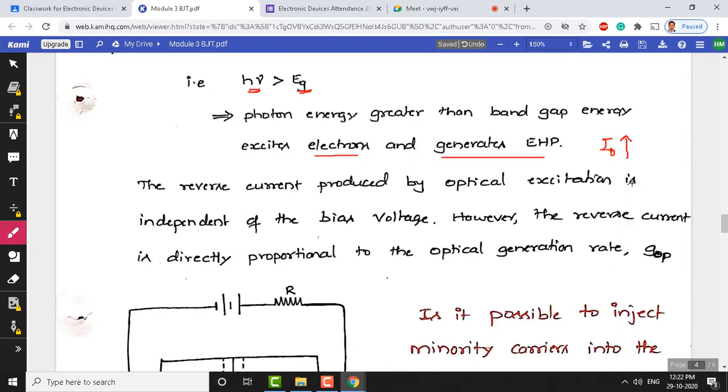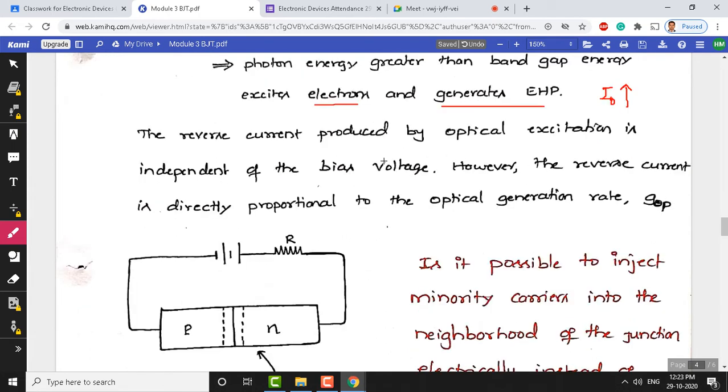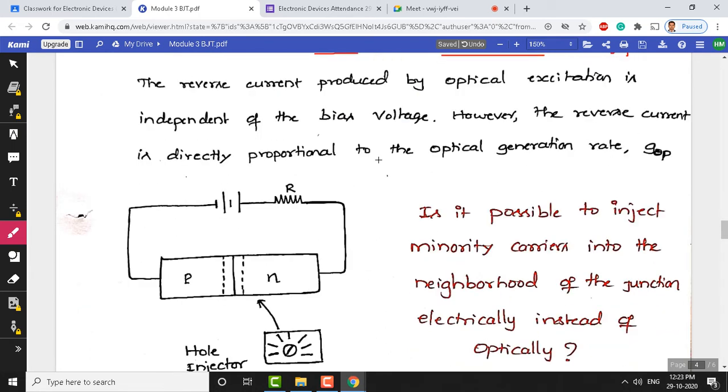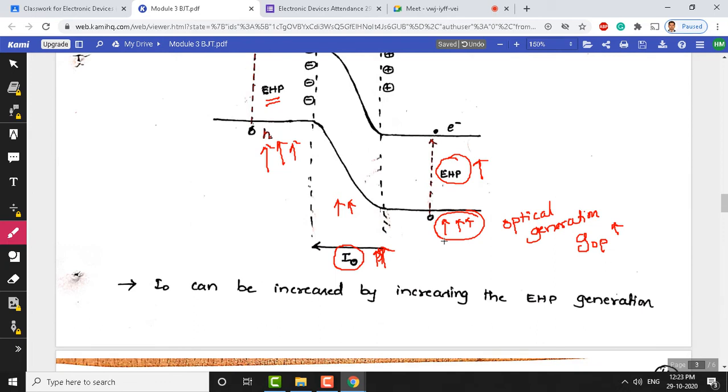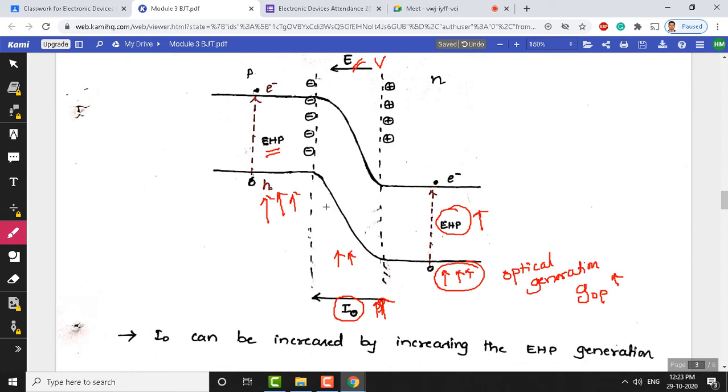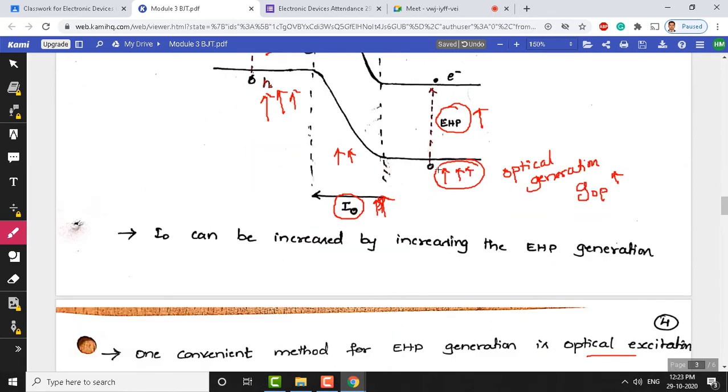Now, let us connect this with the bipolar junction transistor. As we said already, this is optical generation, or the photons illuminated on these three regions play an important role in increasing the current here. Now, instead of the optical generation G_OP, where we are making the light photons fall on this, and that is increasing the EHP generation,